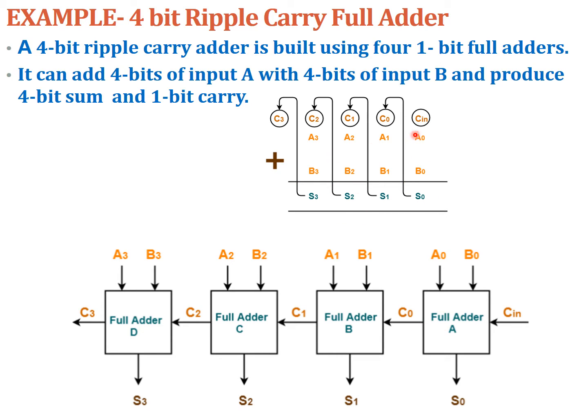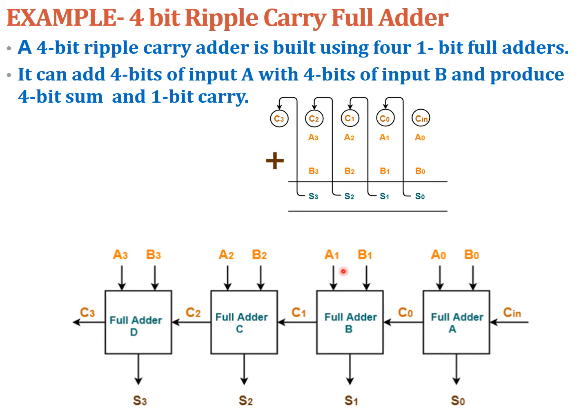So we need 4 full adders, 4 1-bit adders. We have the first adder here with A0, B0 and some S0. The first full adder will have no carry input, so this carry in C will be made 0. And then the carry out of the first full adder goes as the carry input to the next full adder. That is, the ripple effect is seen here.